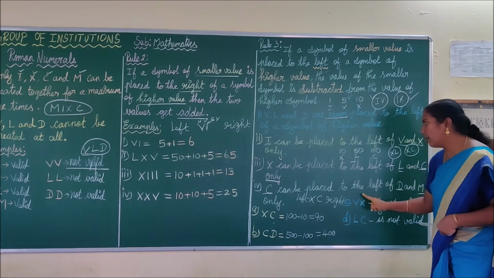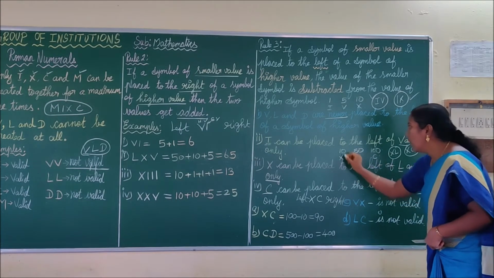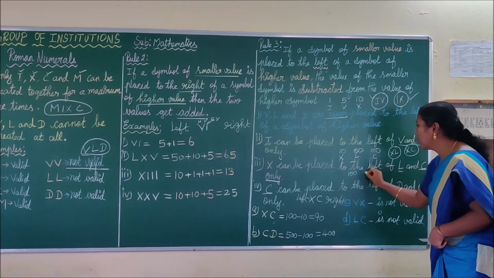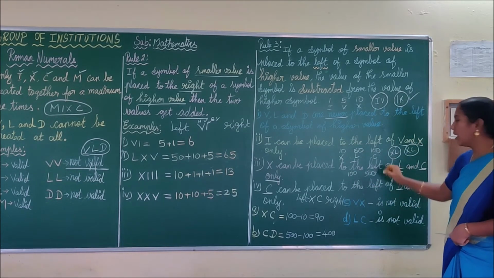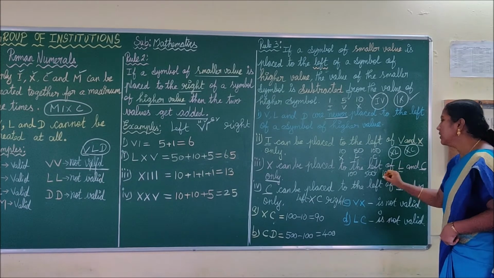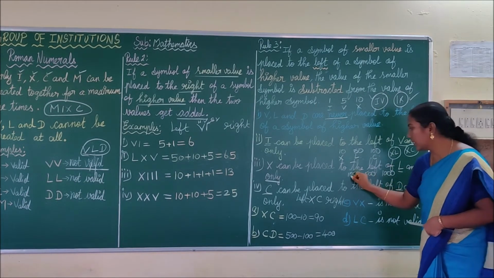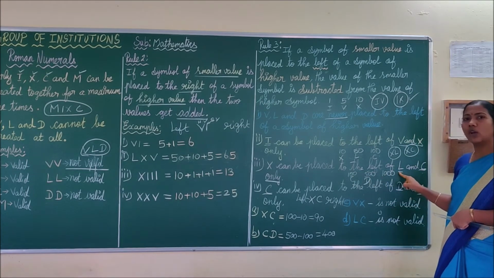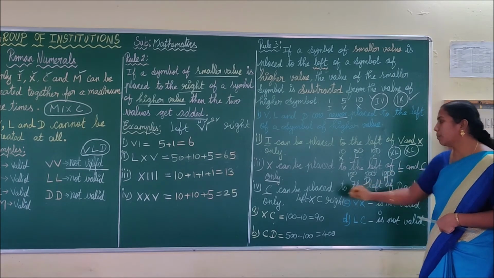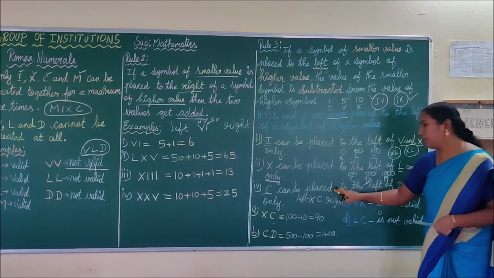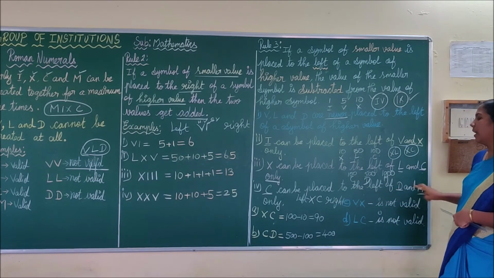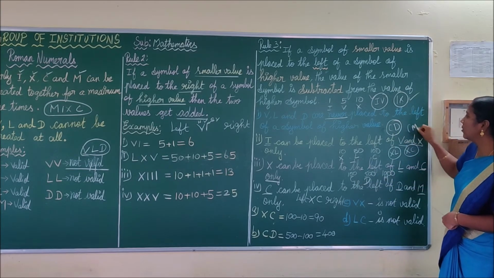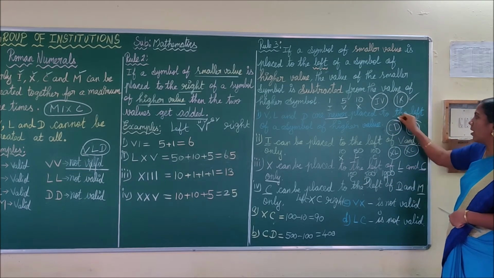Okay. The next rule can be given by adding one more 0 with this. Add 1 0 with 10, you get 100. Add 1 0 with 50, you get 500. Add 1 0 with 100, you get 1000. What is the symbol for 100? Yes, C. What is the symbol for 500? D. What is the symbol for 1000? M. Thus, by this rule, C can be placed to the left of D and M. That is CD, CM. Do you understand, children? CD and CM are valid symbols.